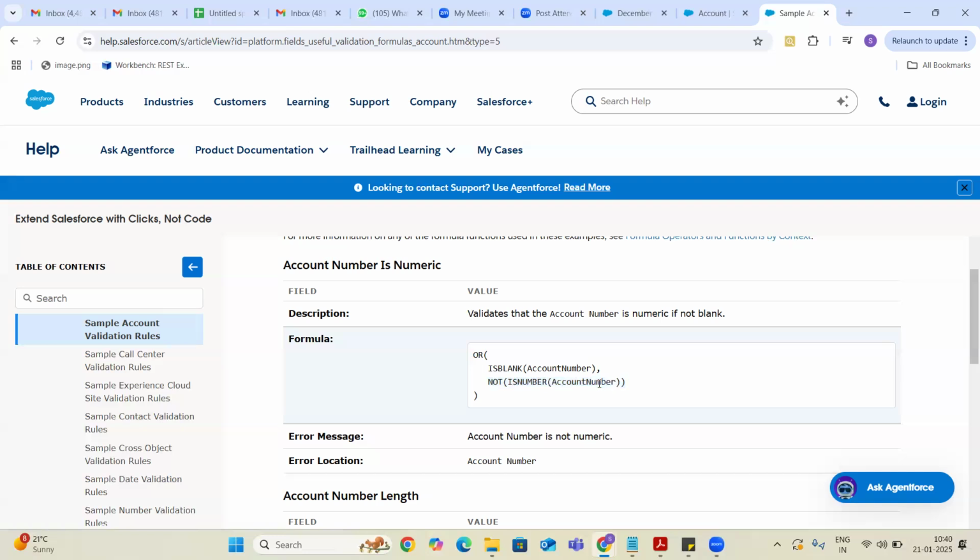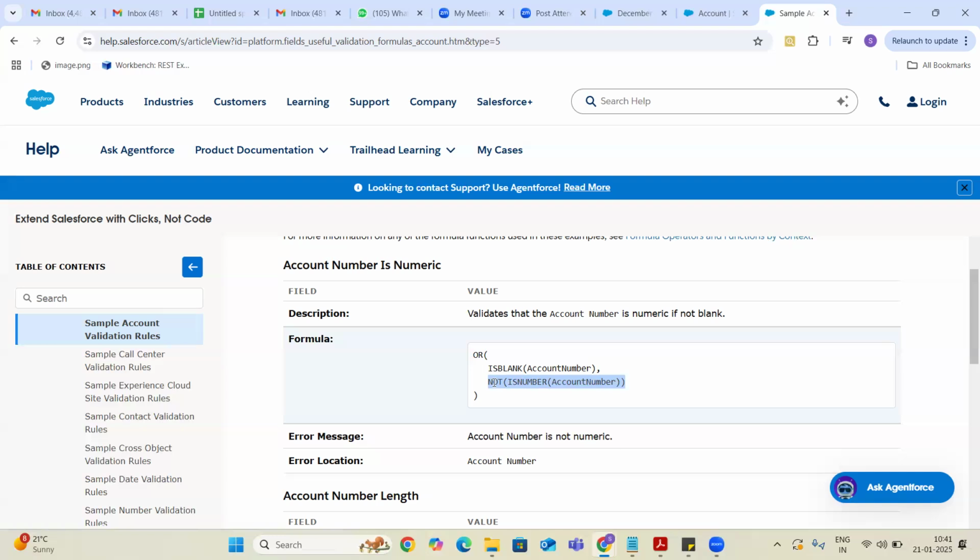In case I give the number value, is number is true. And obviously it is a NOT, which means whenever it is a number, NOT will return false.